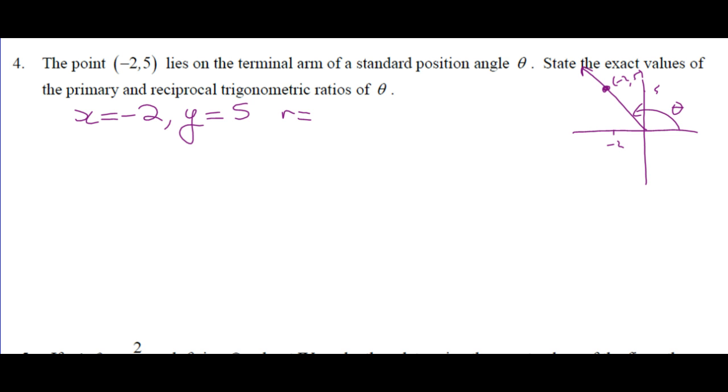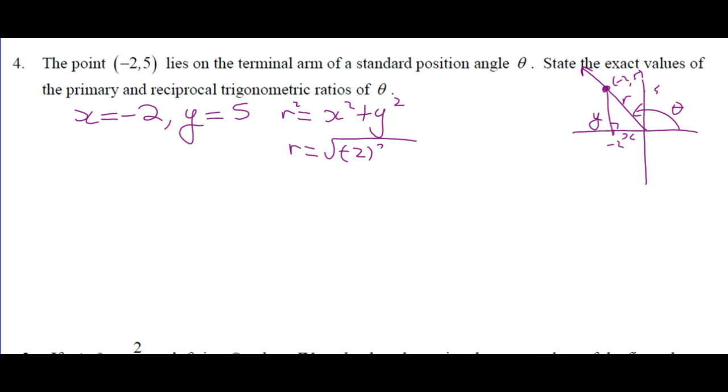What's R squared? I can draw it in for you. There's X, there's Y, there's R. That's a 90. R squared is? 29. X squared plus Y squared. 29. So R is the square root of X squared plus Y squared, which is, yeah, so it's the root